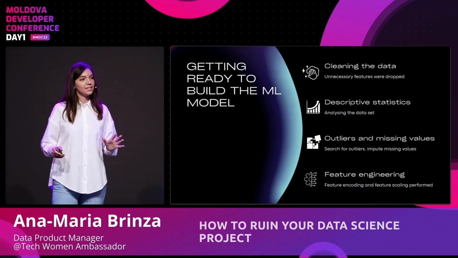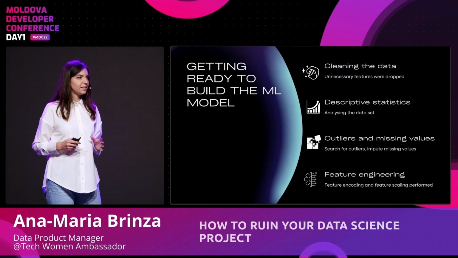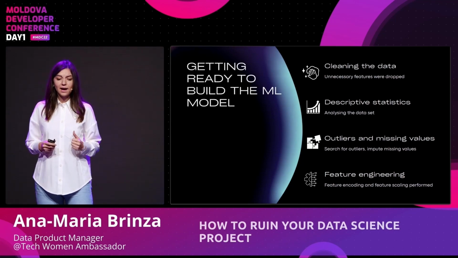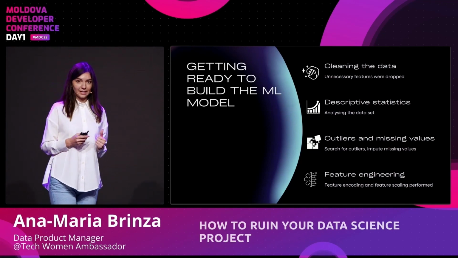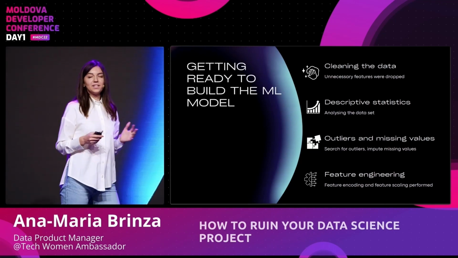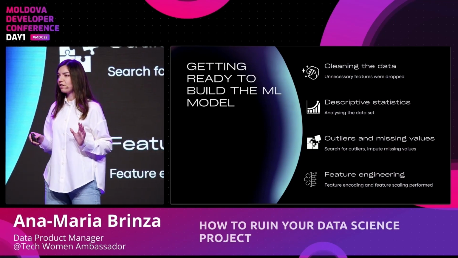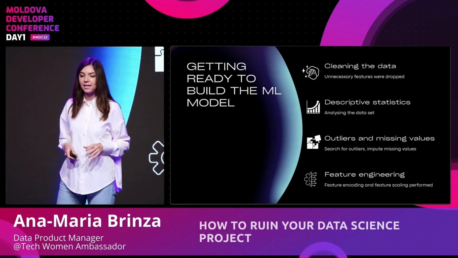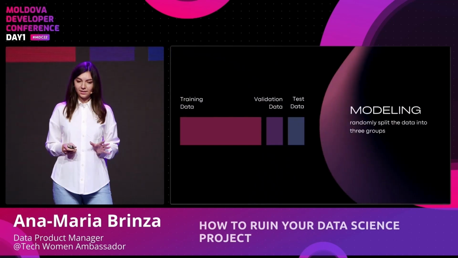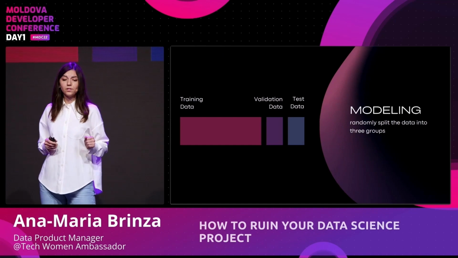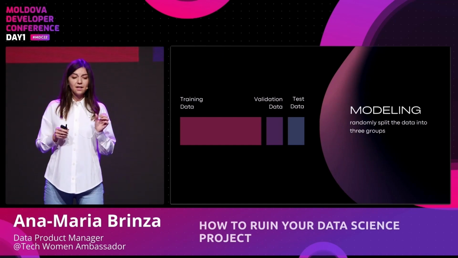So they cleaned the data, performed descriptive statistics, identified the outliers, imputed missing values, and finally performed the feature engineering. And in the end, our data set had no missing values. The unnecessary features were dropped from the data set, and we're ready to start the modeling. And the first thing you do when you start modeling, you split your data into the training data set, validation